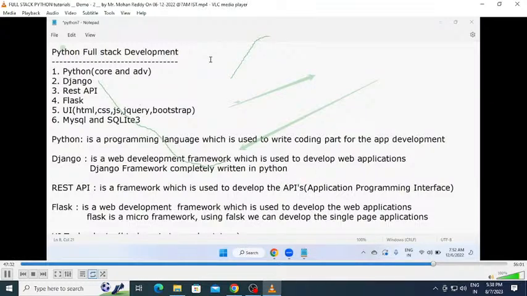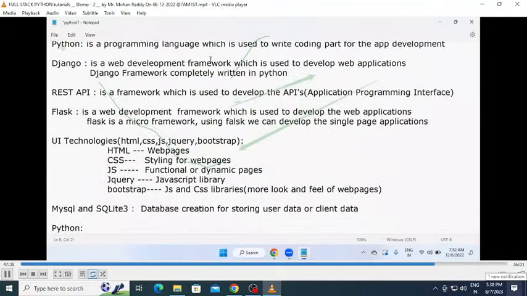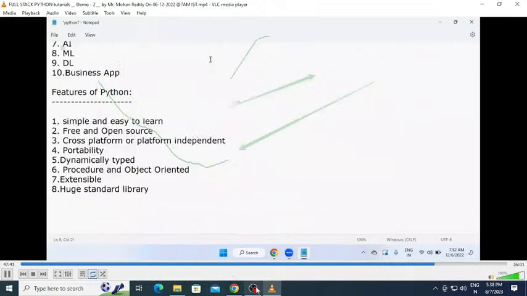Can you repeat points number 7 and 8, please? The features of Python. Number 7 is extensible. That means what actually we can able